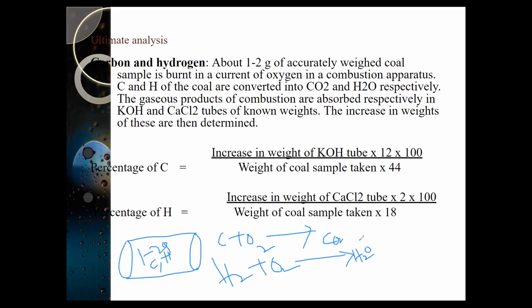So now what is our aim? We have to find out how much carbon is present in the carbon dioxide and how much hydrogen is present in the water sample. If we find out the amount, we can find out the percentage of carbon and the percentage of hydrogen. So here, this carbon dioxide and water are captured by sending these two into two different bulbs. Here we are using two tubes or two bulbs. The first tube is filled with potassium hydroxide and the second tube is filled with calcium chloride.